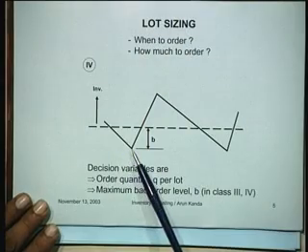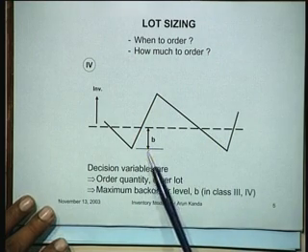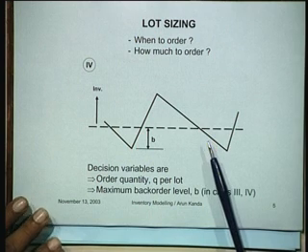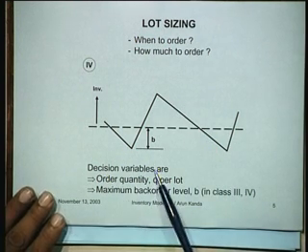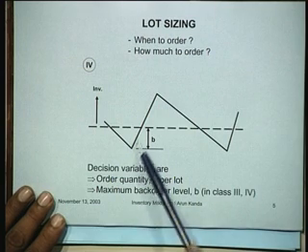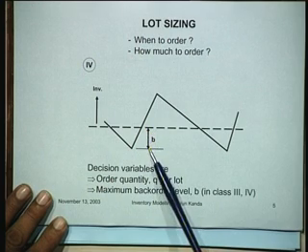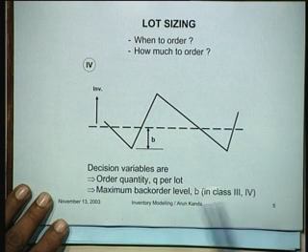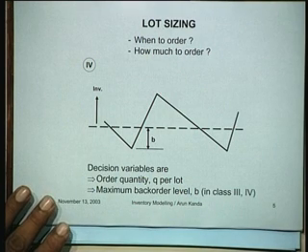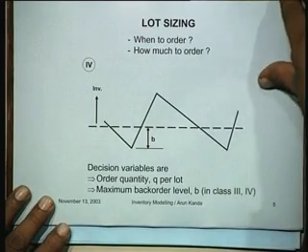Let's now consider the fourth case, which is basically a production situation again, but with back ordering. So in fact, this is the most general case which embodies all the 4 cases that we considered earlier. The decision variables here are the order quantity Q per lot, how much should you produce, and what should be your maximum back order level, which is this quantity B. So in these cases with back ordering, you have to find the optimum back order level as well as the quantity, so that the total cost is minimized.